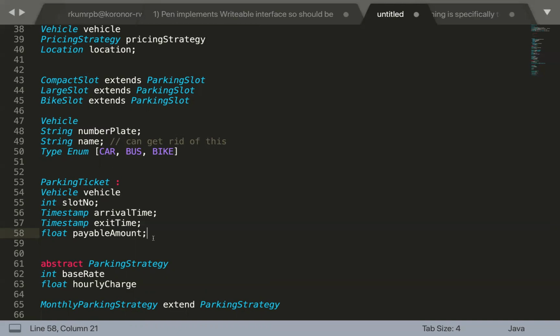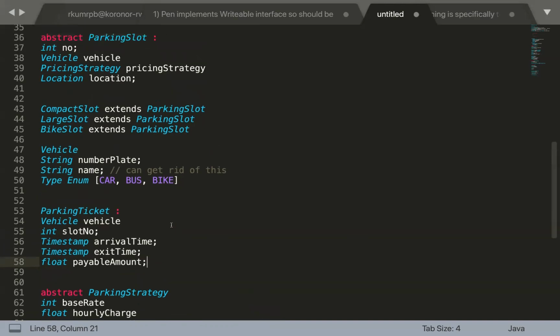Because you need to maintain how much actual amount you have paid for that parking. We can calculate it. Okay, but sometimes the payment strategy of the slot can change, right? So let's suppose you have booked the same slot with some different payment strategy at that particular time, and afterwards, some years later, probably that parking strategy changed, right? So each time you can't calculate that amount. So this parking ticket should have that final amount with it. Okay, got it. Cool.